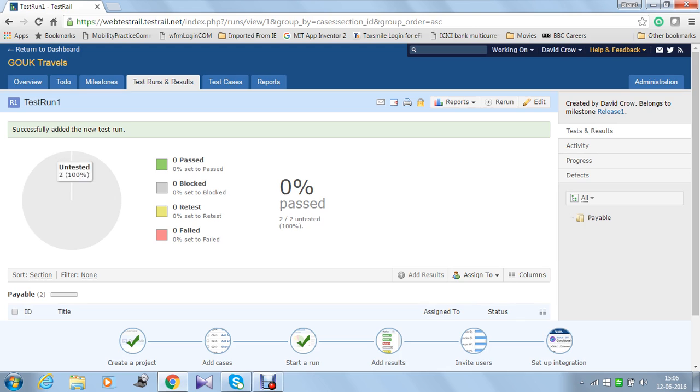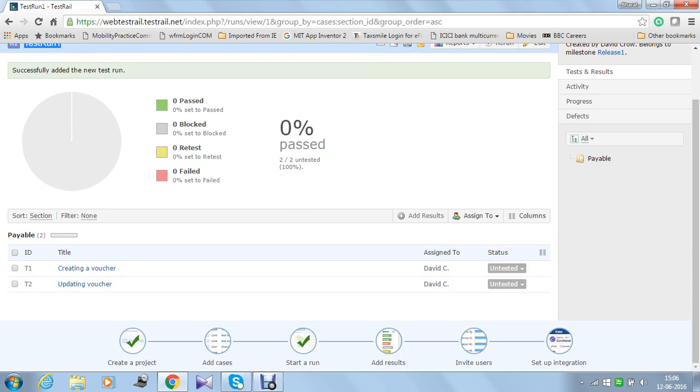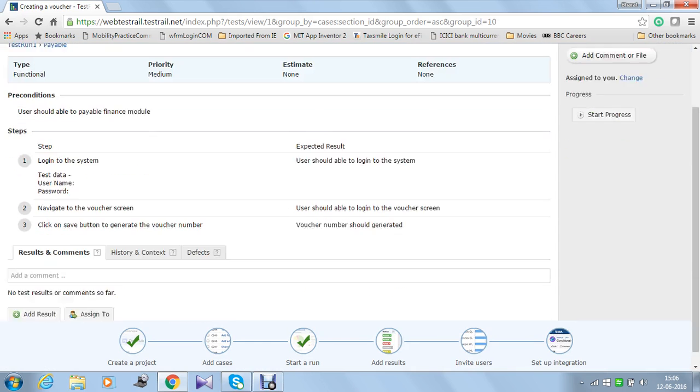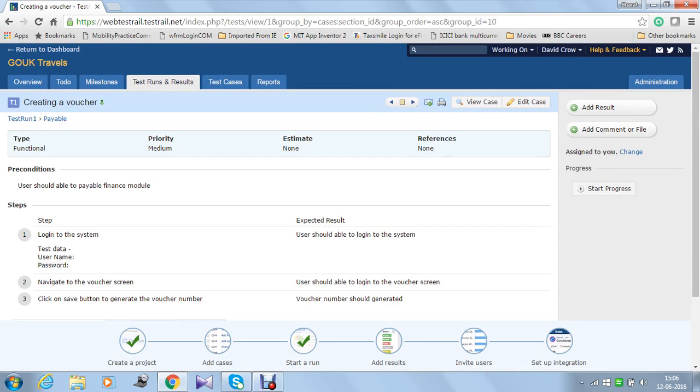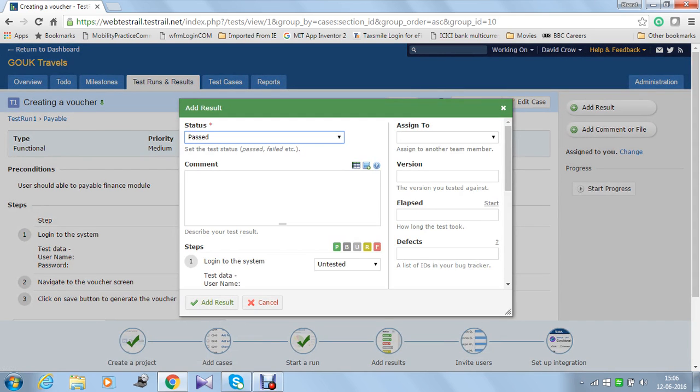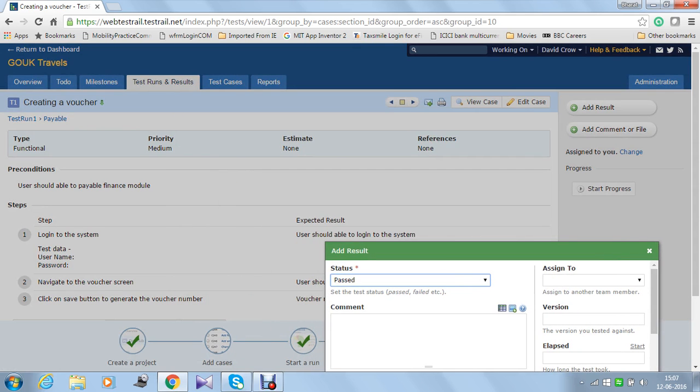Okay, so under this TestRun 1 I have one section with the name of payable which we have created, which is showing there are two test cases assigned to David C, which is me, and the status as of now is untested. There are various statuses: pass, block, retest, fail as well. If I wish to execute the test case, then I can add a result to the test case from here, add result. If the steps are passed, the steps are as per the expected result,